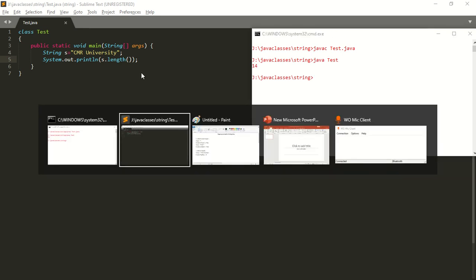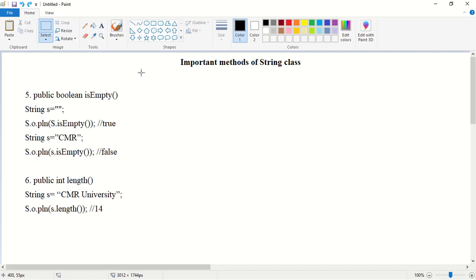Okay. Yes. Next, my requirement is, I want to replace a character in a string. What is the method name? The method we have is the replace method. Public String replace, old character and new character. So we will see an example.